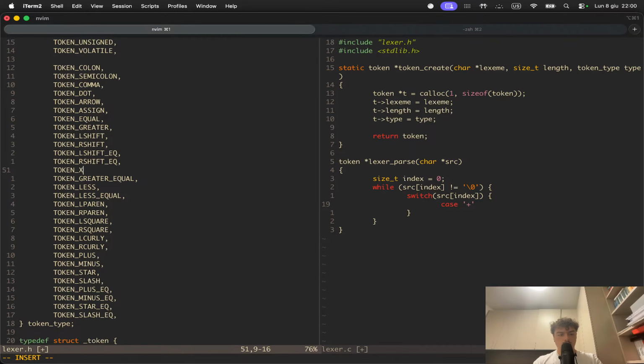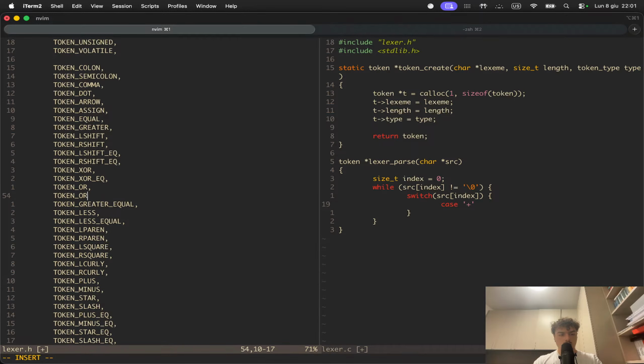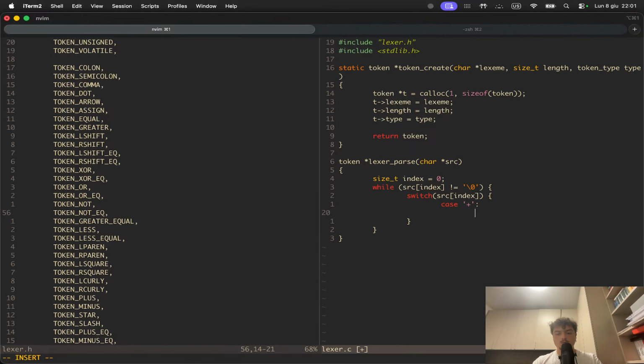So token XOR, token XOR equal, token OR, token OR equal. Okay. And also token not, and token not equal. Okay. So if it's plus, we have to check whether